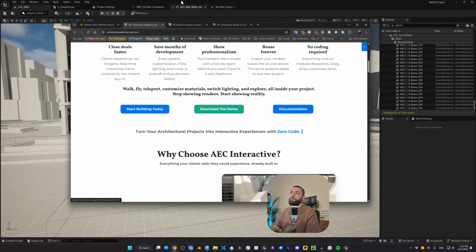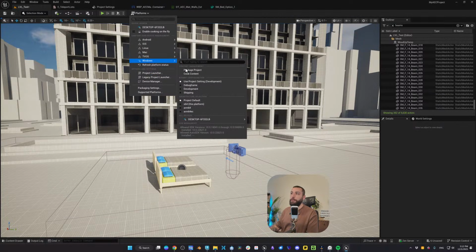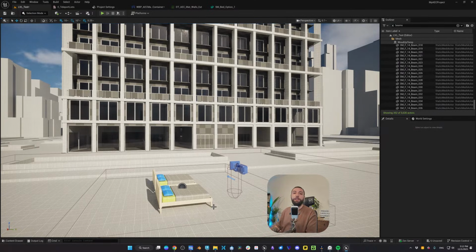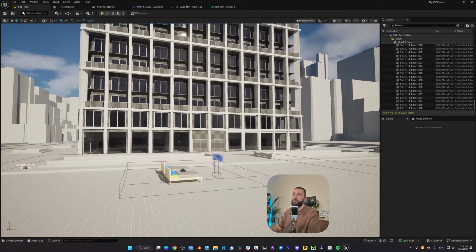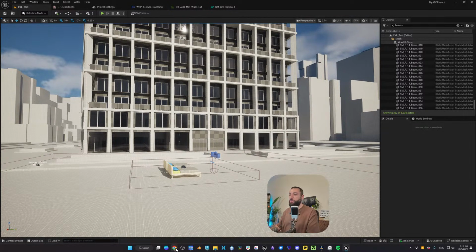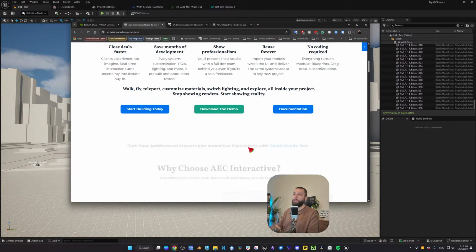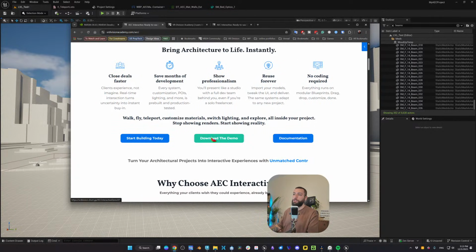So to share this with the client, you want to package this here, package content. You will select a project folder you want to save this to. And basically, you will have an executable file that you can upload and send to your client. You can also, if your client does not have a powerful PC, package this and use some pixel streaming services. I plan on supporting pixel streaming in the very near future with some touch inputs and so on. So assuming your client has a good PC, and depending on your optimization skills, all you need to do is package the project and send it to them. So you can try the demo for yourself, and you can let me know your feedback.